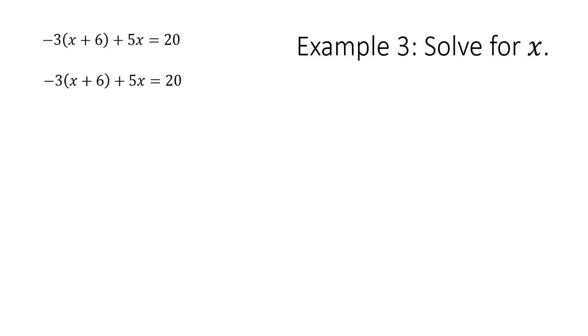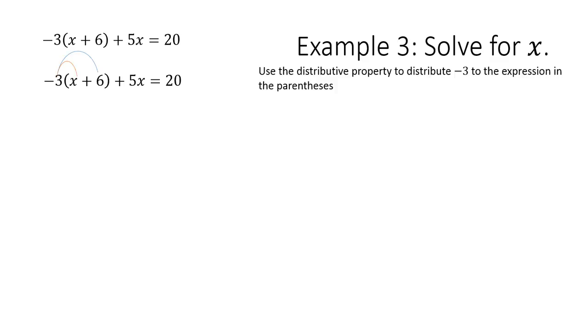Alright, let's look at example 3. This time I included an example with the distributive property here. And so the first step is actually to do the distributive property to distribute the negative 3 to the expression in the parentheses. You want to make sure that you multiply by everything in the expression, each of the terms,